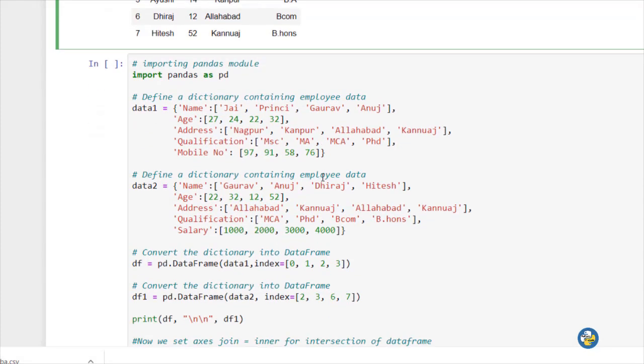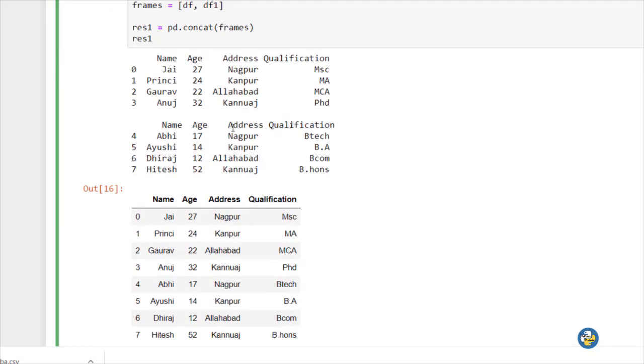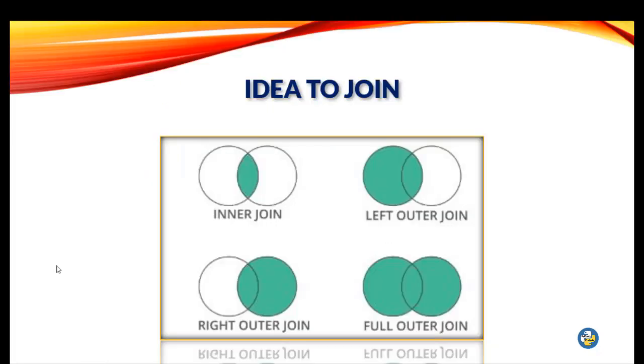So now we have just grouped or concatenated the data. But if we move further, we need to merge as per some conditions. We do not need replicated data. We need data which is actually the intersection of those. The word which we use in Pandas is the join word. If somebody is not familiar with the join word,